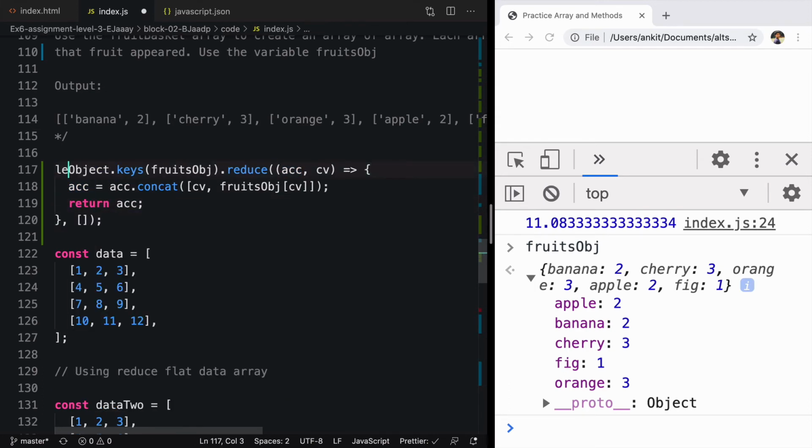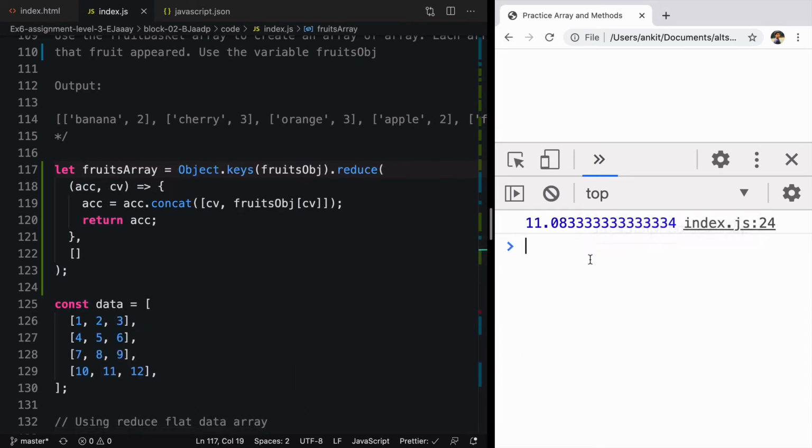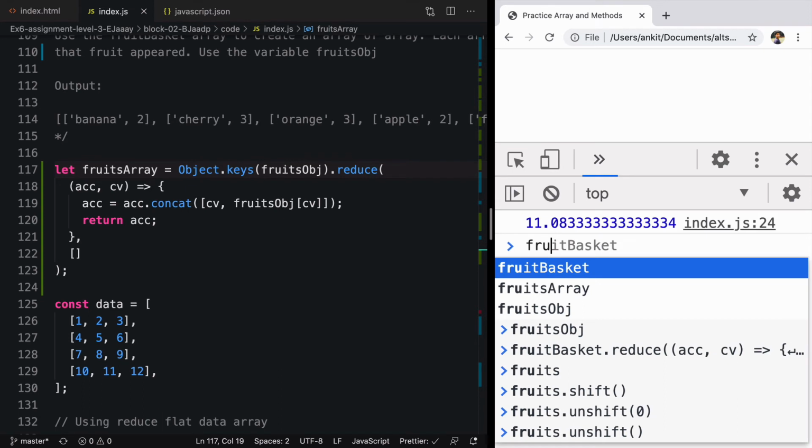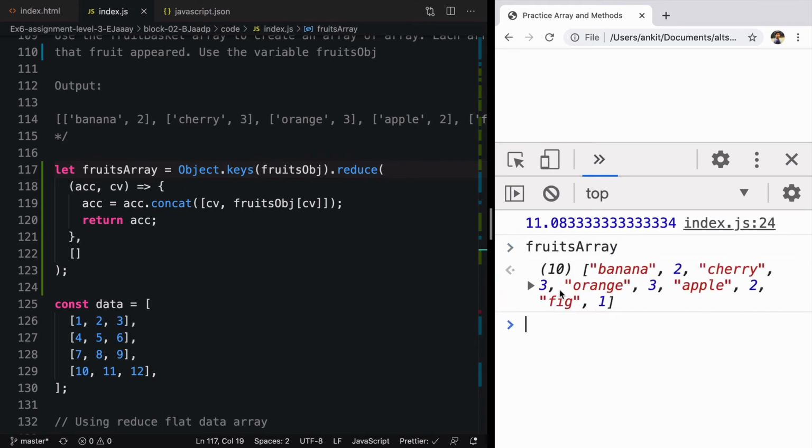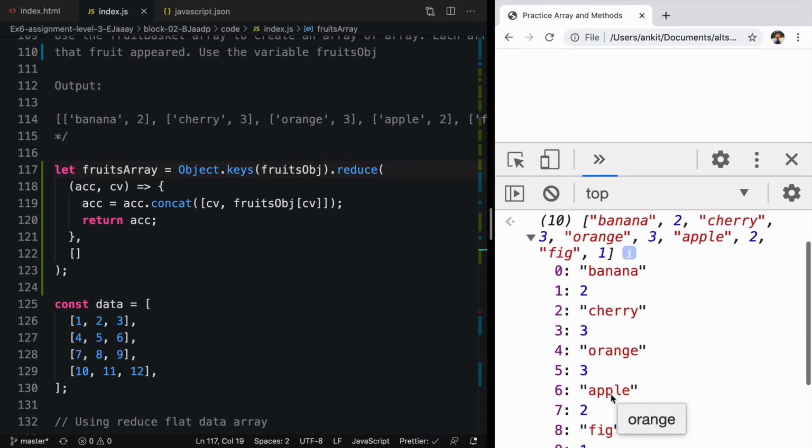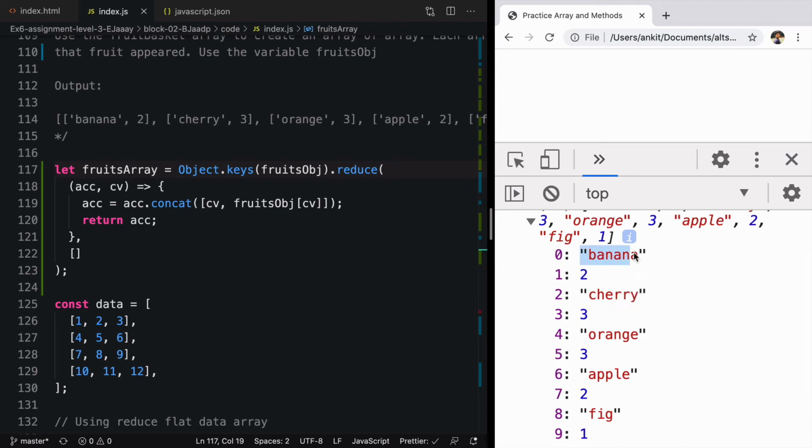We'll store this into a new variable called fruits array. Refresh it here and we'll say fruits array, and we can see the value. Okay, so it has become something like banana 2. The better way to go about it would be to pass an array of arrays.